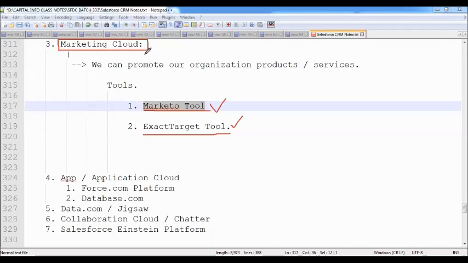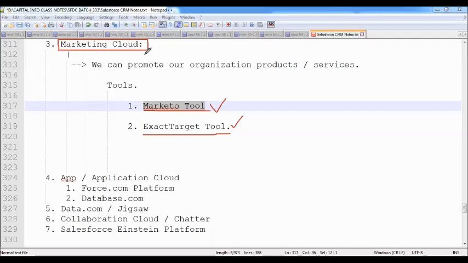So Salesforce people got an idea. As of now, we are offering Sales Cloud features, Service Cloud features. Then why can't we introduce Marketing Cloud features also? So in this case, they have decided to provide the Marketing Cloud features also. But if they want to develop the complete features to promote the products, it will take some time. It will take some 1 to 2 years maximum to develop the complete software.